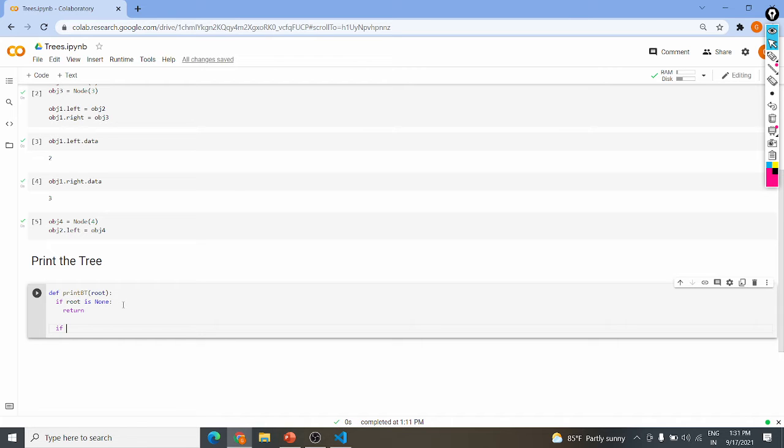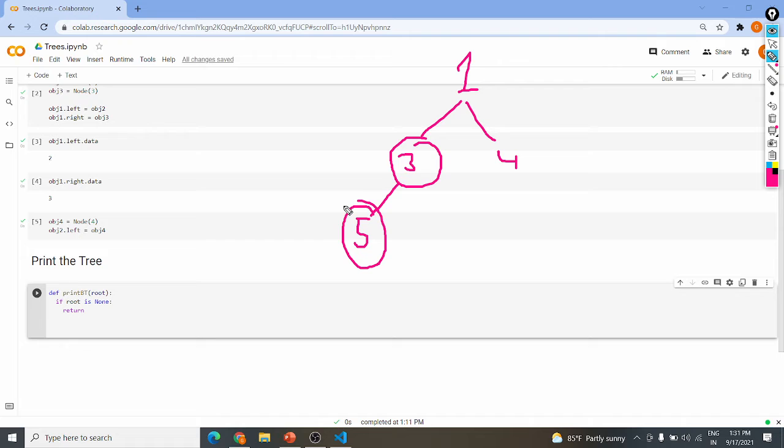Now otherwise, if root is not None, what other cases can happen? So let's say we are here, our root is not None. There can be many cases, right? It can be like this only, that is, there is only a left child.